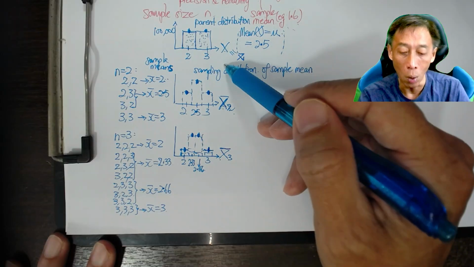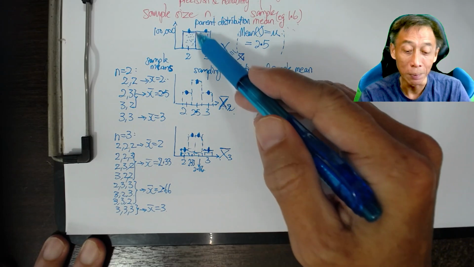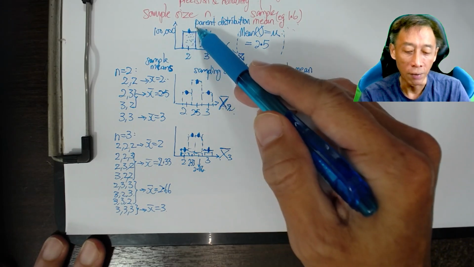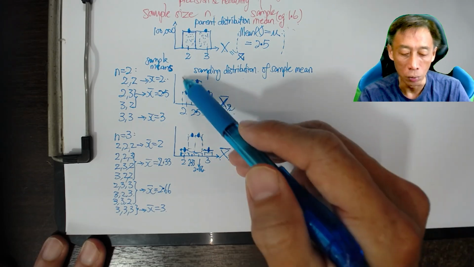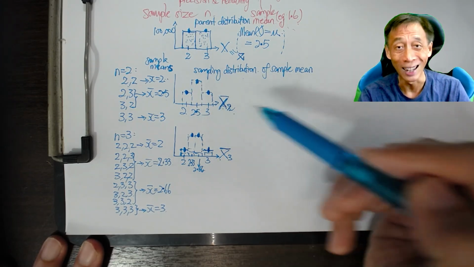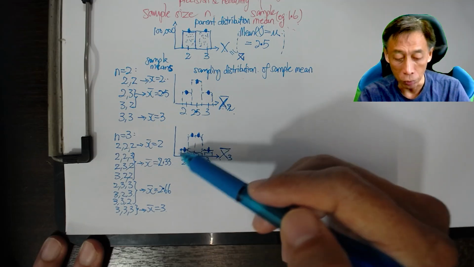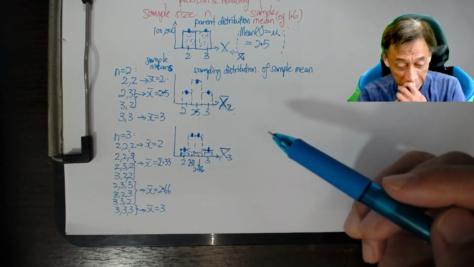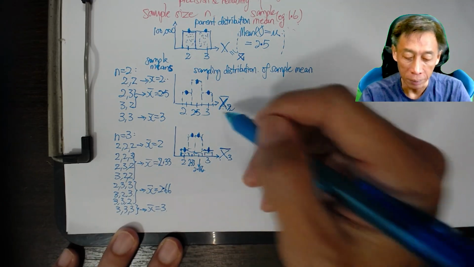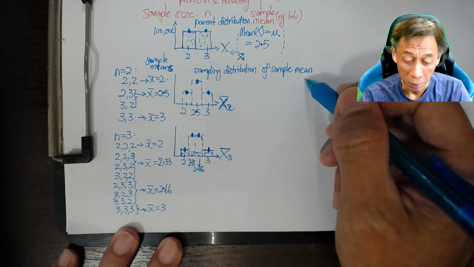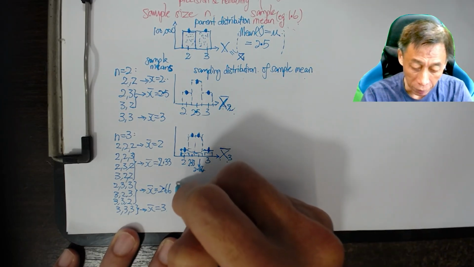Then you have a Y, a different town, Y, that has 60% of population having $2, 40% having $3. Then of course the Y bar 2 will show differently from X bar 2. Okay, so we're beginning to see this. Yeah. And this is the painstaking way of building up the sampling distribution of sample mean. This is when n equals 2, when n equals 3. And if you keep doing,